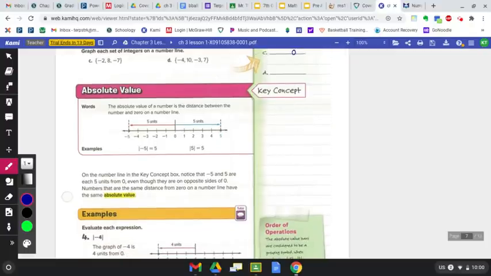All right, our next vocab term is absolute value. Okay, absolute value. And think about absolute value as a distance. It's the distance between a number and 0. And distance is always positive. Write that down. Distance is always